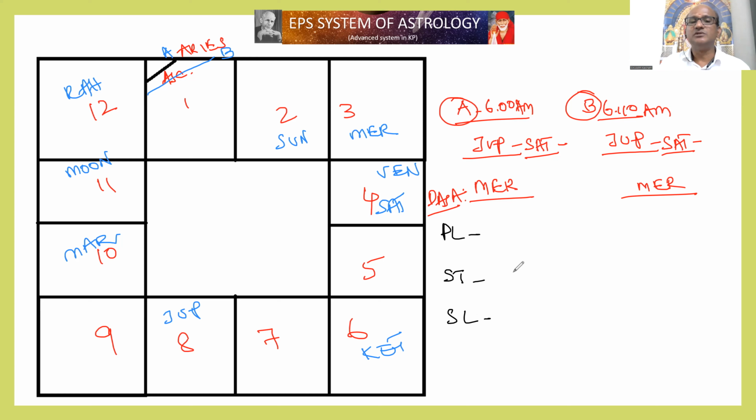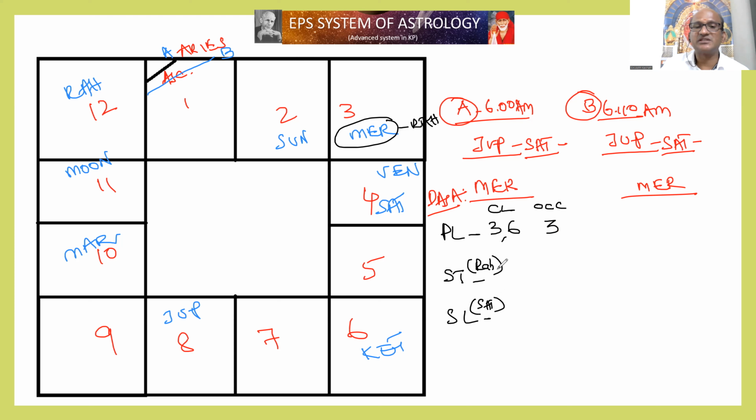Now, to know about Mercury, what we'll do, look at Mercury. Mercury is Lord of 3 and 6. So what we do, cuspal lord and occupying house. Mercury is cuspal lord of 3 and also 6, posted in the third house itself. That is the way we take it, right? Okay. Mercury, for example, is in the nakshatra of Rahu. Nakshatra Lord, Star Lord, for example, it is Rahu. Sublord, for example, Saturn.